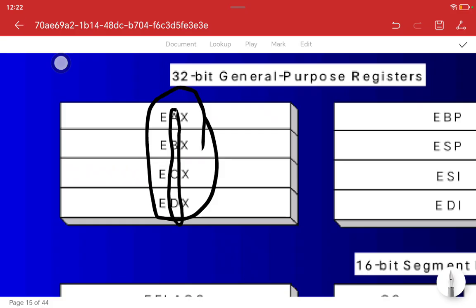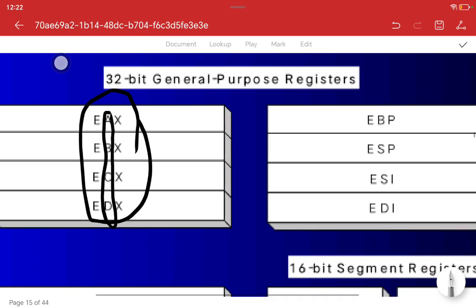Now, the other ones: we have EBP, where the P stands for pointer. We have ESP. We have ESI, where the I stands for index. So we'll learn when we use the index registers and when we use the pointer registers, right? We also have EDI. Now we can first look at